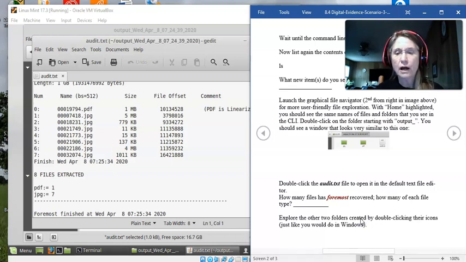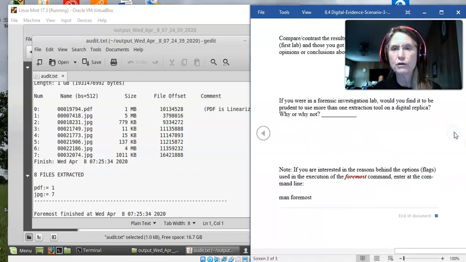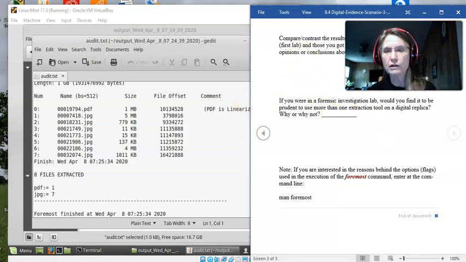Also, I will explore the other two folders created by double-clicking each of their icons, just like we would do in Windows. And then there are some things to consider. We are to consider the results from that examination,